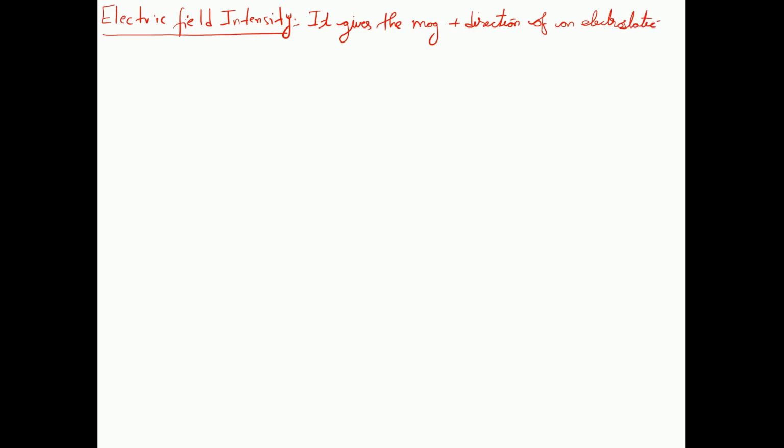Remember, this chapter is talking about the electrostatic charges, so the force generated by them is the electrostatic force. So electric field intensity basically tells us the magnitude and direction of an electromagnetic force, or electrostatic force to be precise, that is or would be applied